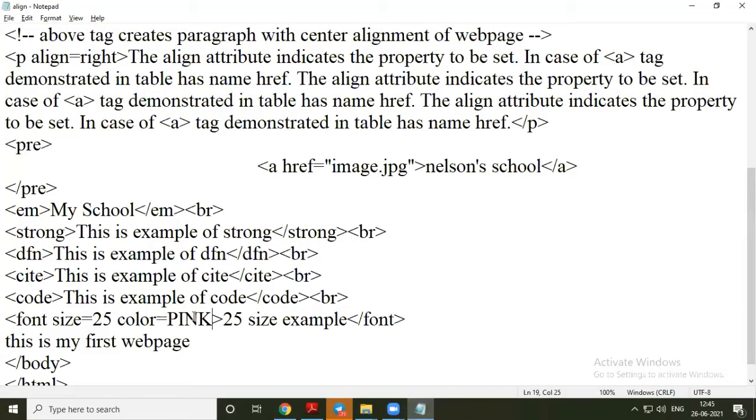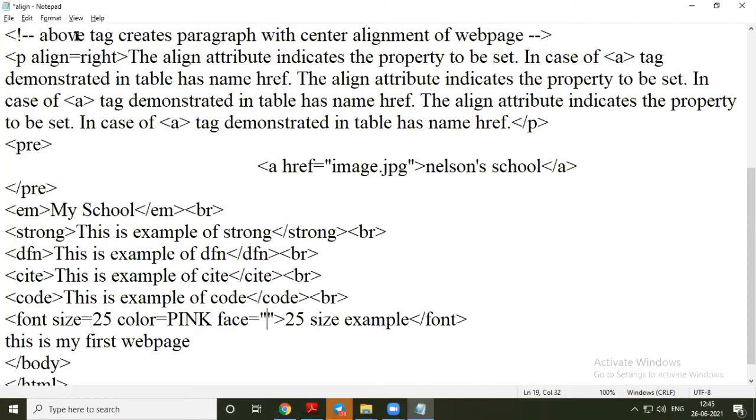So the attribute to change that font style is face, and in inverted commas we have to write the name of the font that we want to show here.